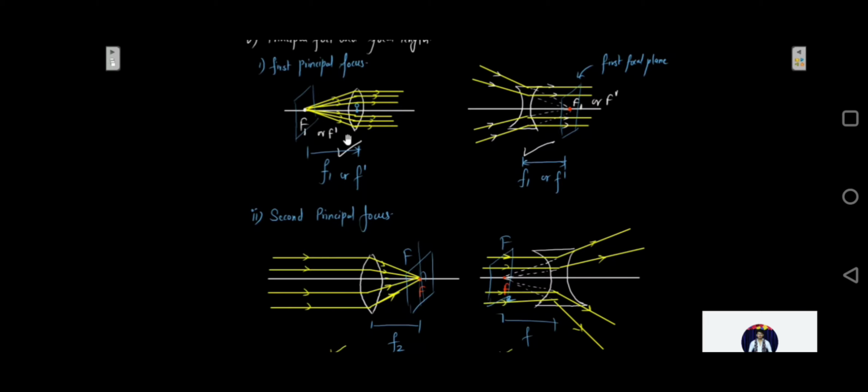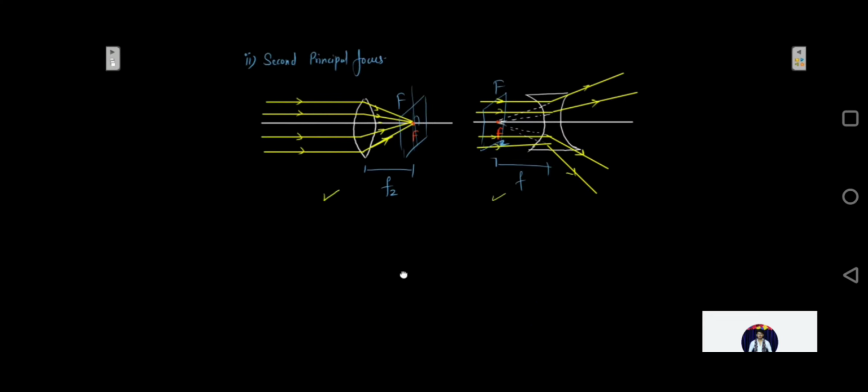direction of incident light. Always remember, whenever we say focal length of a lens, we have to consider the second focal length. Whenever we say the focus of a lens, we have to consider the second principal focus. And the last term we need to know over here is aperture of the lens. It is the 6th point, aperture. Aperture is same as for the mirror, it is the diameter of a circular boundary of the lens. Diameter of the circular boundary of the lens is going to be your aperture of the lens.